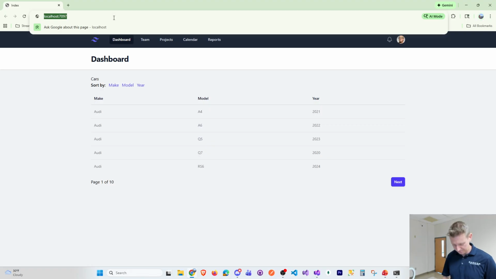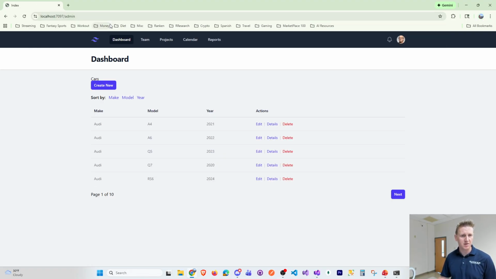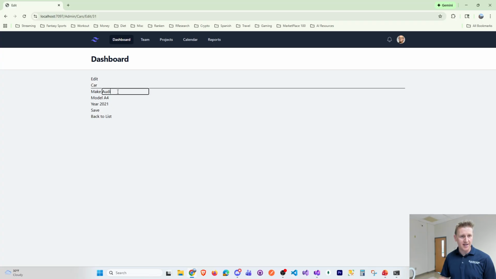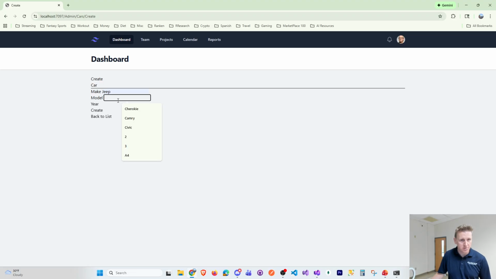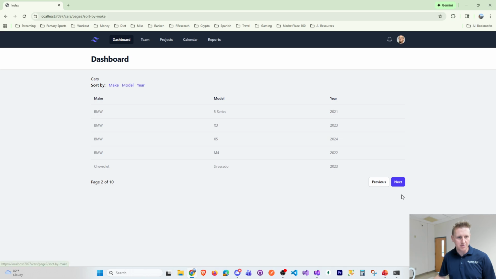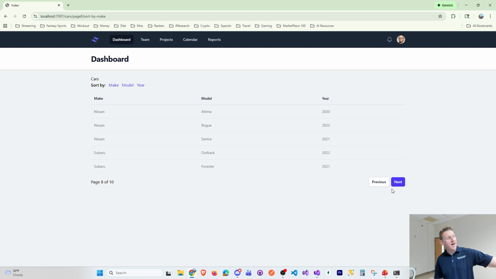So if I go /admin, we've got the ability to edit. I got to fix this Audi2. Audi2 has now been edited. Delete, delete. We have one less Audi. So admins now have the ability to create new. Jeep Cherokee 93, create. And you should be able to find Jeep Cherokee. Like Anna said, the next thing to do is to search, and we'll get to search, but